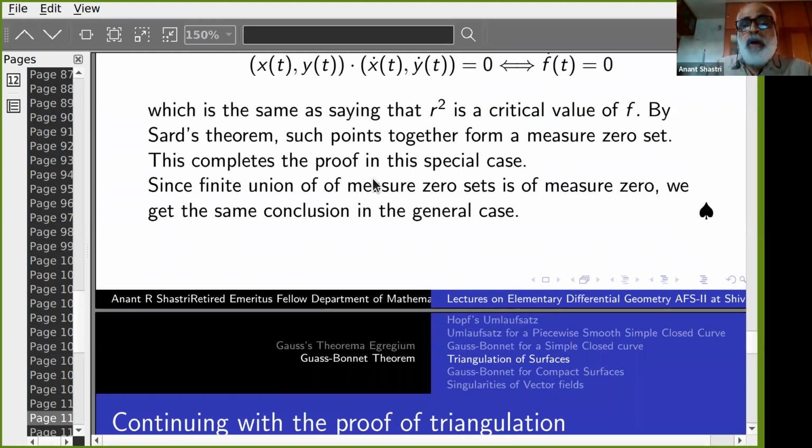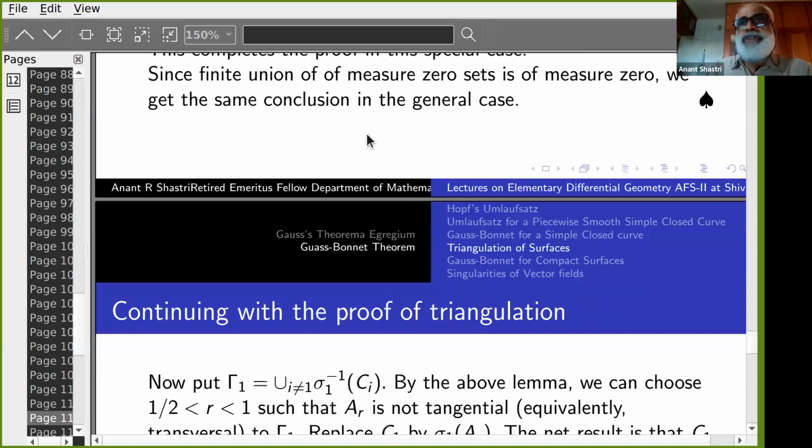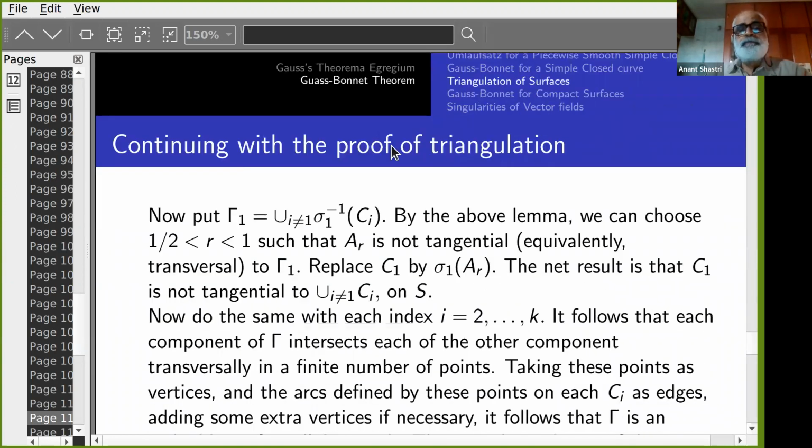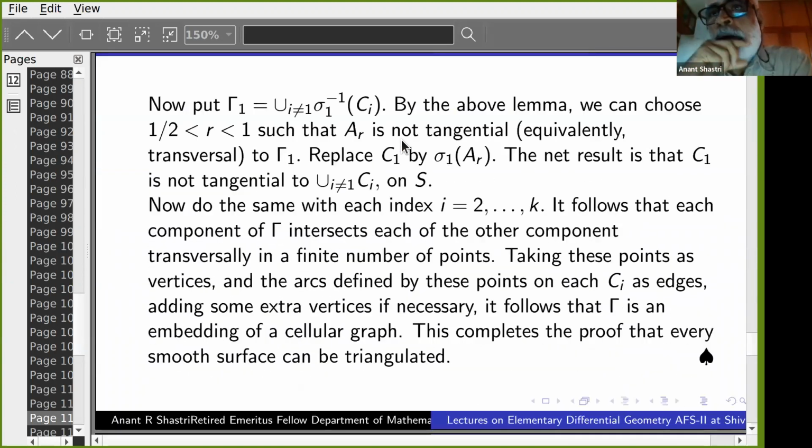Now we come back to the graph G, the curvilinear graph G on the surface S. So how to improve it? Remember, we started with surface patches, these sigma 1, sigma 2, sigma i, etc. They were surface patches. Sigma i of half the disks covers the entire surface, right? The union of sigma i's of half the disks. They were denoted by Si. The boundary of Si was Ci.